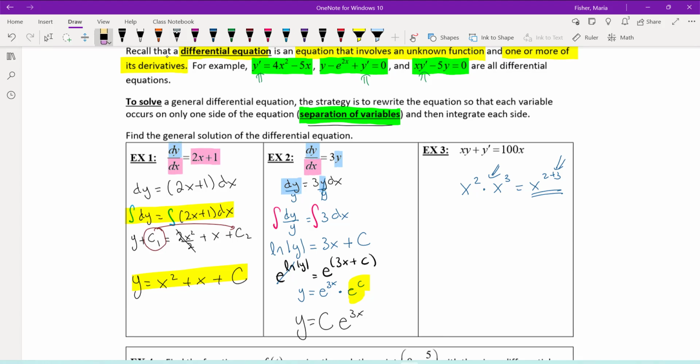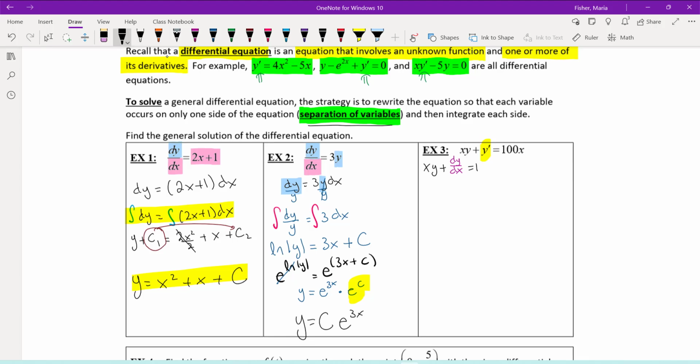Let's do number 3. Well, number 3 is xy plus y prime equals 100x. The first thing I need to do is get rid of y prime and rewrite it as dy dx. So we have xy plus dy dx